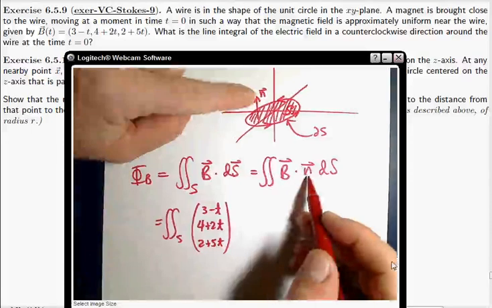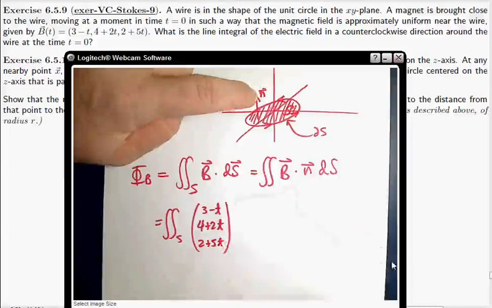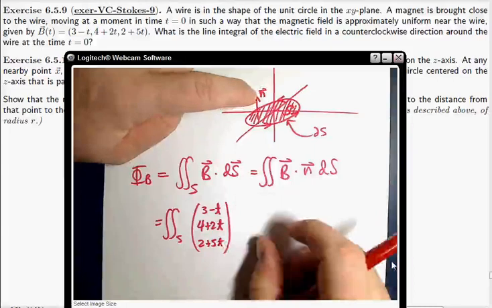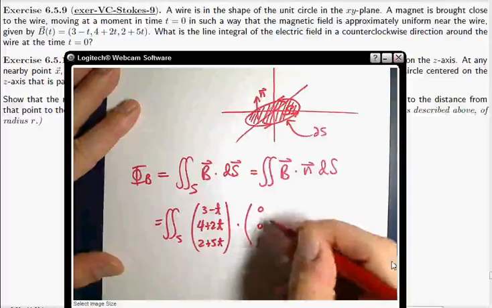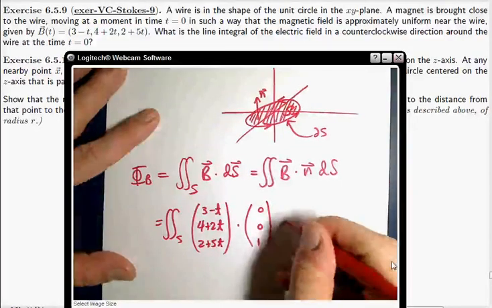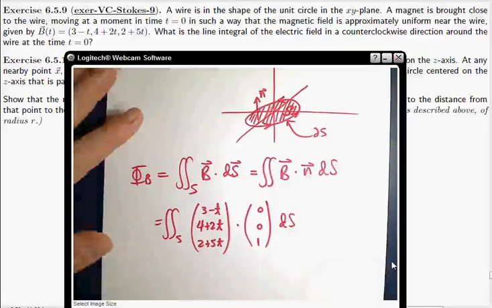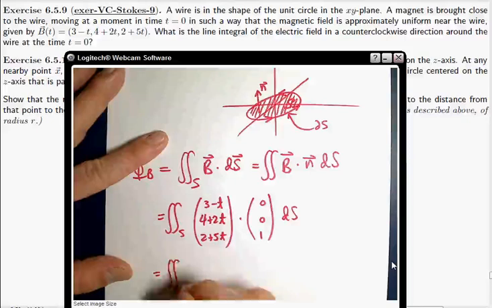We were clever enough to choose the nice flat surface whose boundary is this curve in question, and that normal vector is just (0, 0, 1). Right? And then dS scalar. The dot product is easy to calculate. So I have 2 plus 5t